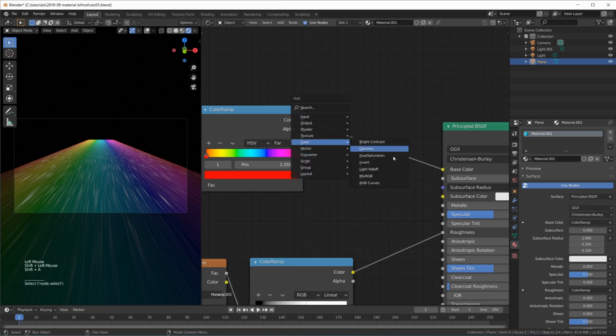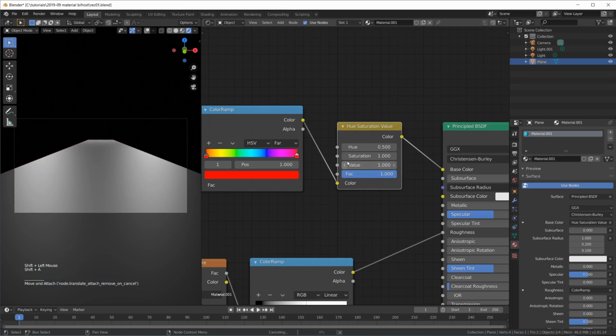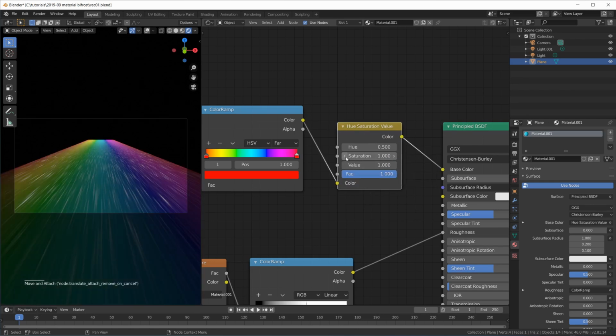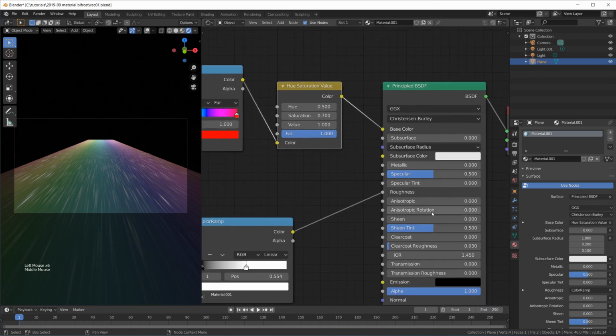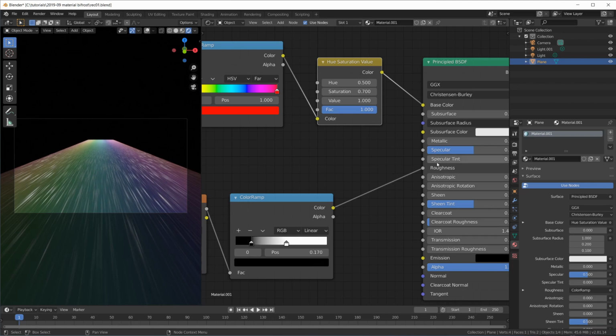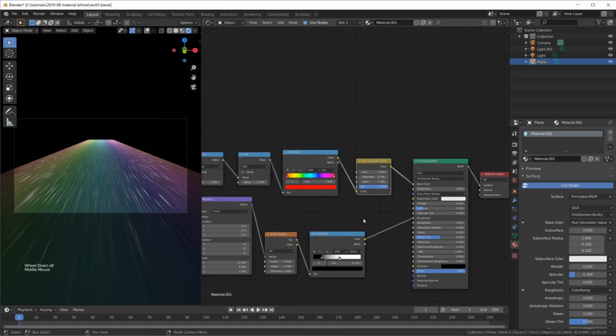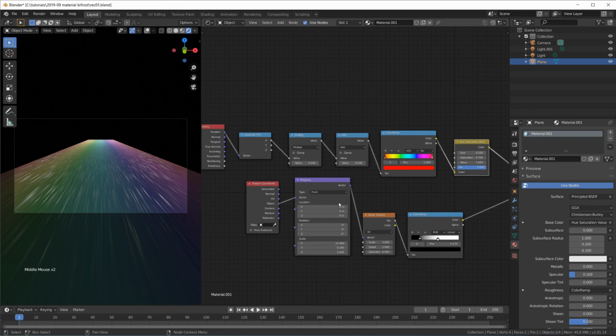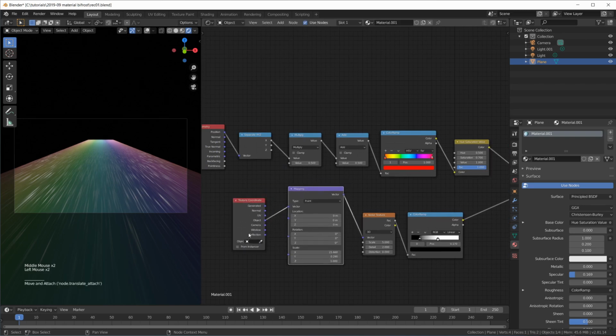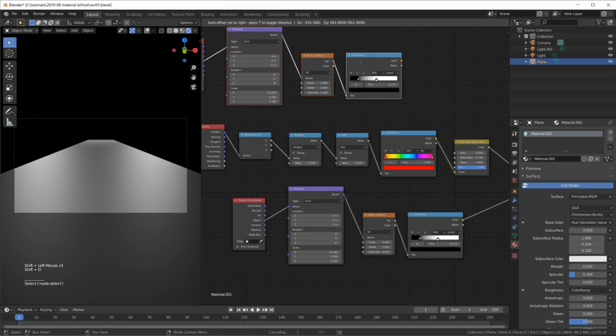So I'm just going to take a color hue saturation node in here and bring down the saturation a little bit. Maybe play with this a little and take down the specularity a little. Okay, now how do we make those colorful stripes? Well, same idea as with this setup here for the noise. Let's maybe just take this, duplicate it up here,